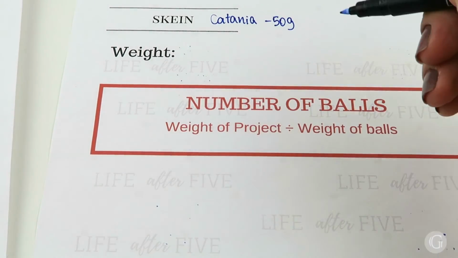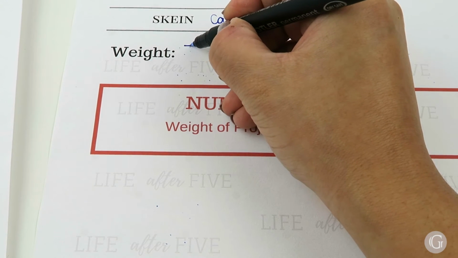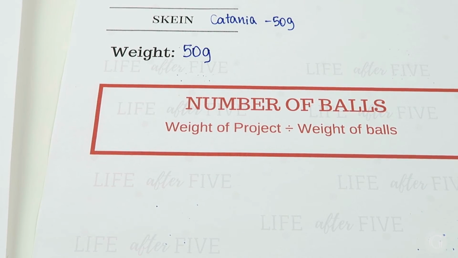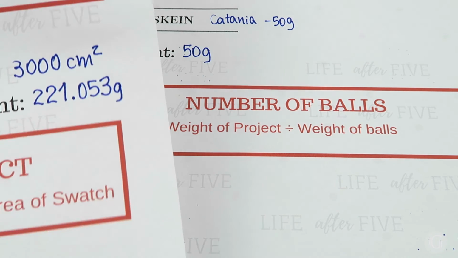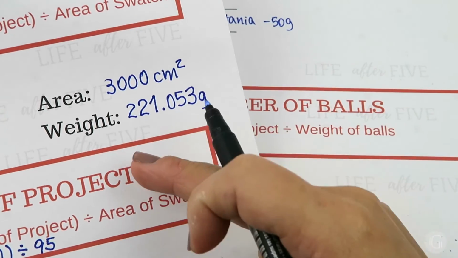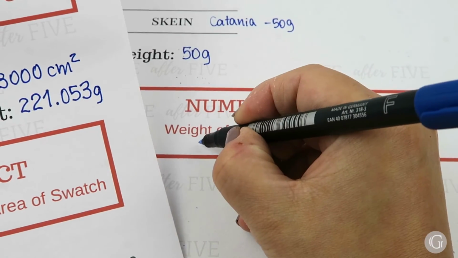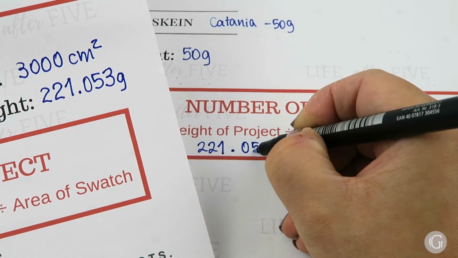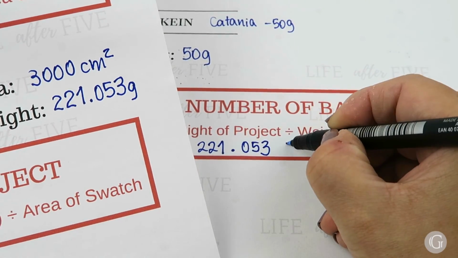So the weight of my ball is 50 grams, okay? The way to calculate the number of balls is simply dividing the weight of the project over the weight of the ball. So in our case, it was this number that we calculated, 221.053